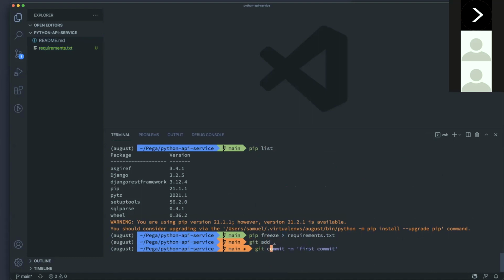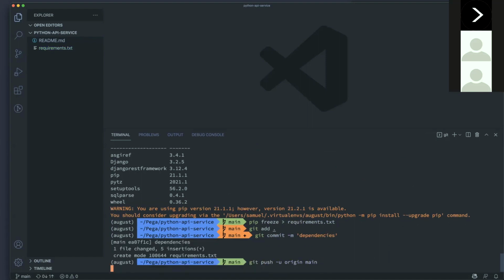So I can say dependencies, and then I can git push. And when I do this,